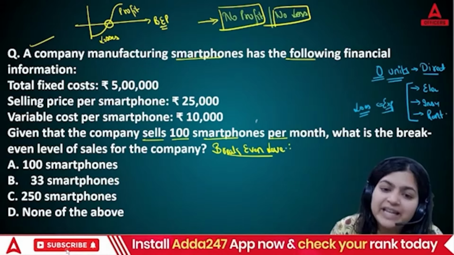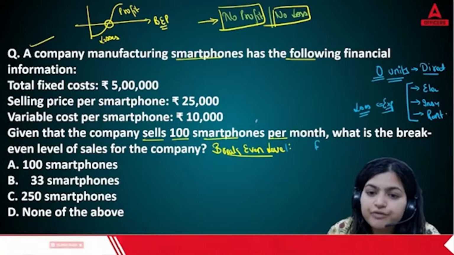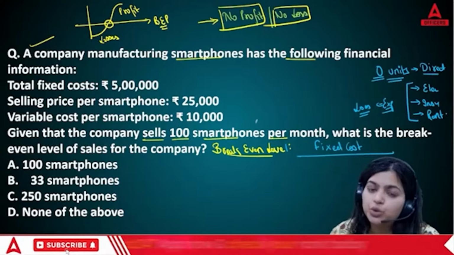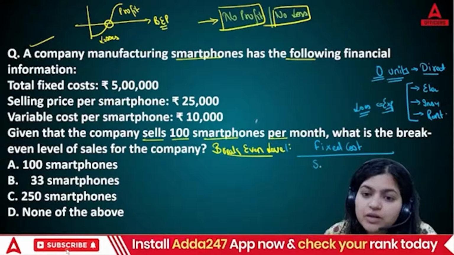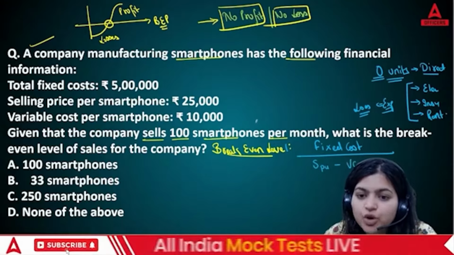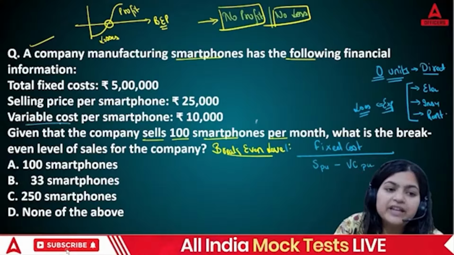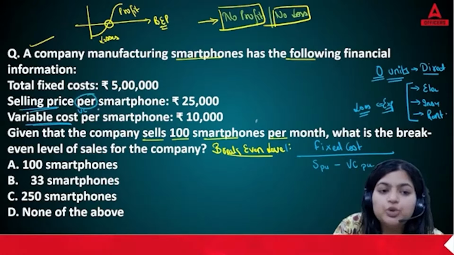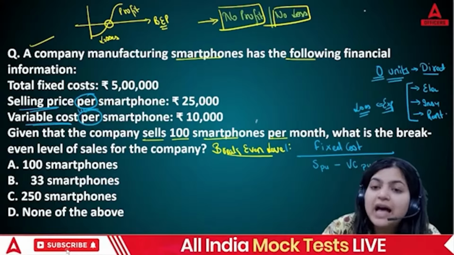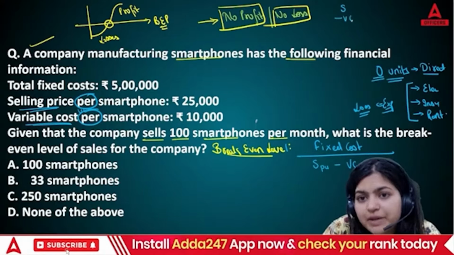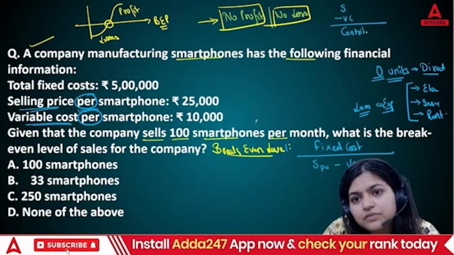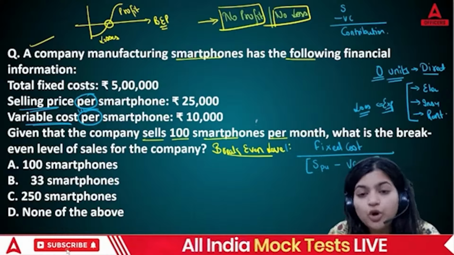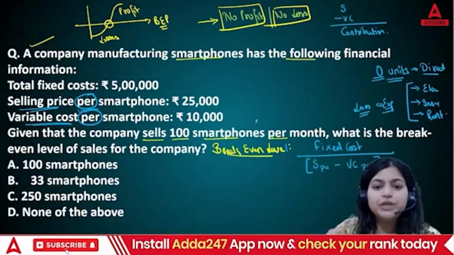So what is the formula of break even level? So formula is fixed cost, and always remember, fixed cost will be in your total, divided by sales per unit minus variable cost per unit. And this variable cost means VC. This is your selling price. So we need to take per unit data. And when you subtract sales minus variable cost, you get contribution. So in your denominator, you can write sales minus variable cost or contribution. So remember these formulas.